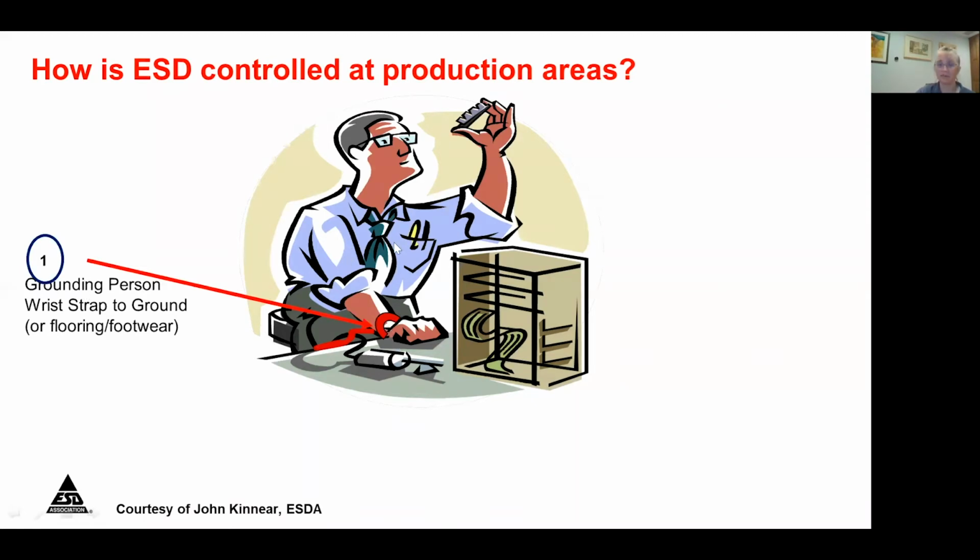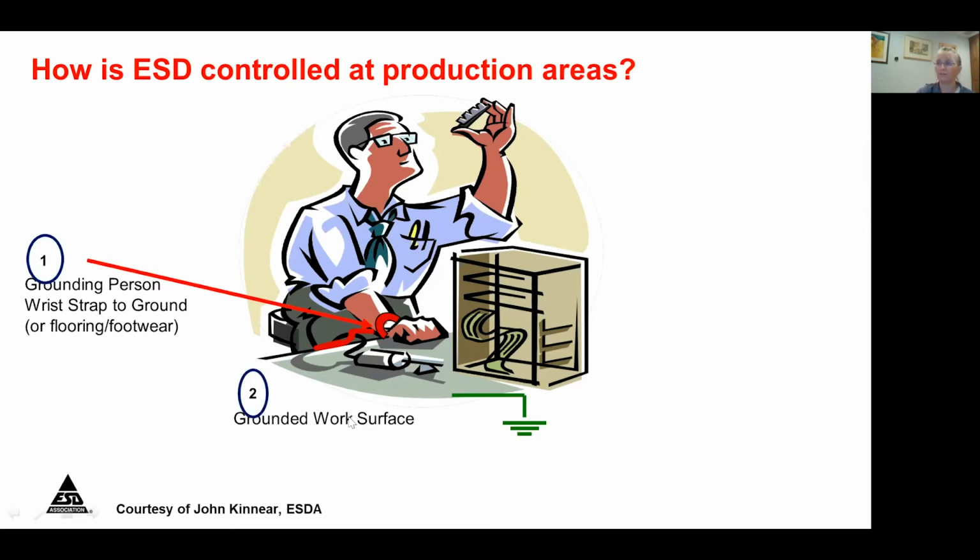And this is a cartoon representation, but these basics are seen across all of our factories, test houses, assembly houses. Grounding is the key and the very first, the most basic level of ESD control. So wearing a wrist strap or grounded flooring or footwear or furniture is the first level to make sure that the engineer, the body, doesn't build up too much potential and then discharge it into the poor IC.